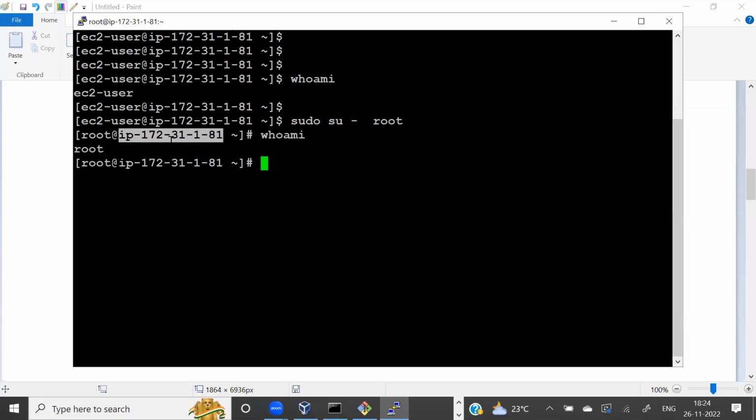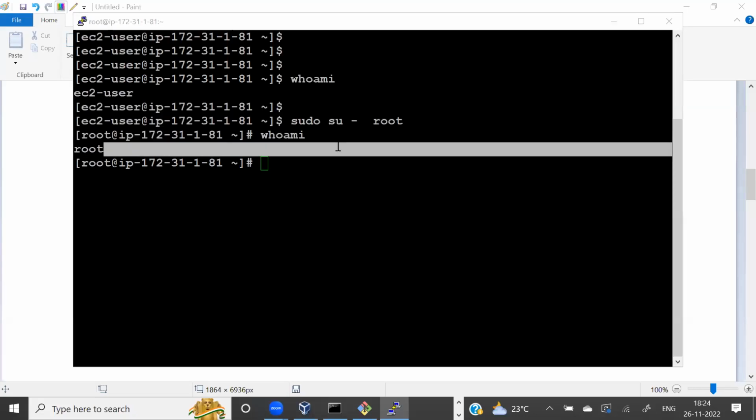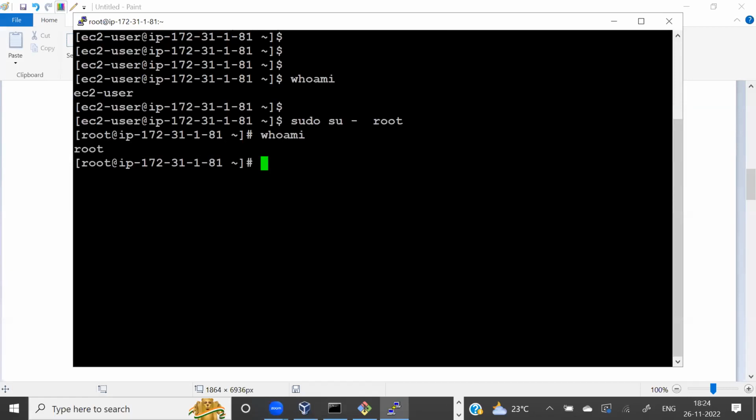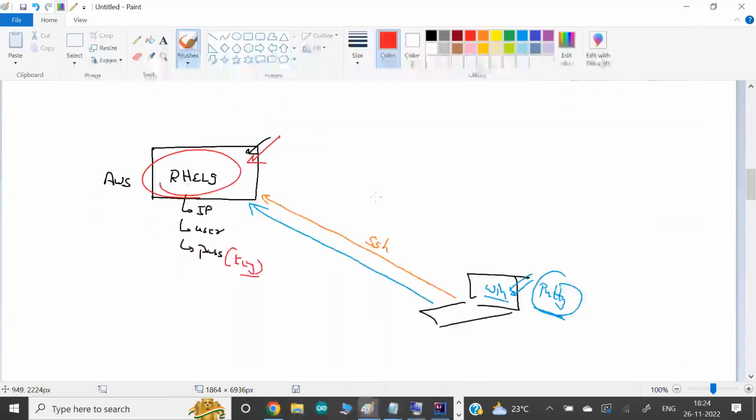One more thing, guys, whatever commands I'm running here, whatever diagram I'm creating here, everything will be shared with you in the Google Drive soon, right? So don't worry if you miss anything. Everything will be provided to you for your quick reference or for summary perspective. So in the future, by looking at the document, you can pick this up. So this system, guys, is Red Hat version 9.